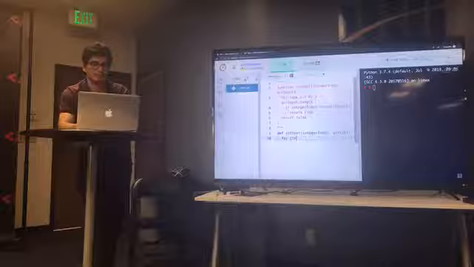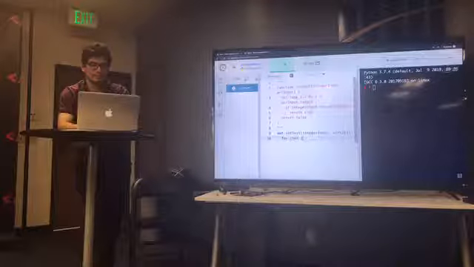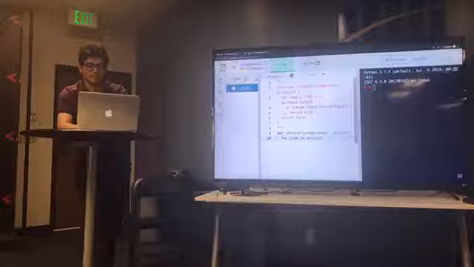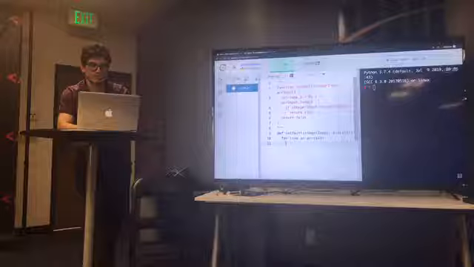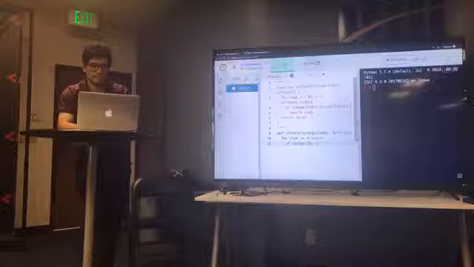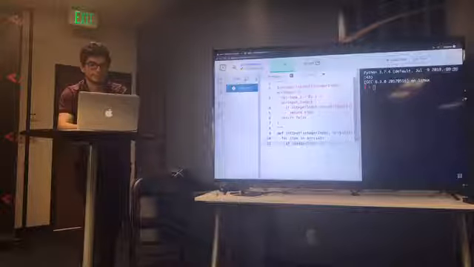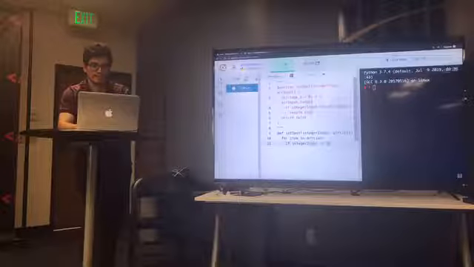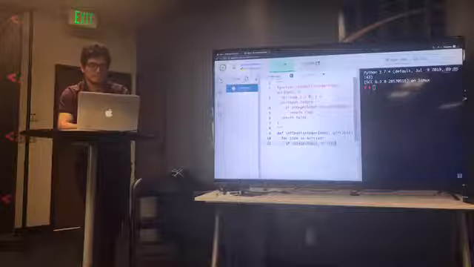Do I need parentheses? No, for item in list name, so array list, colon, and then indent again. If integer input equals, is this double equal? Okay. Element or item. Oh yeah, because item is that specific element in the array.